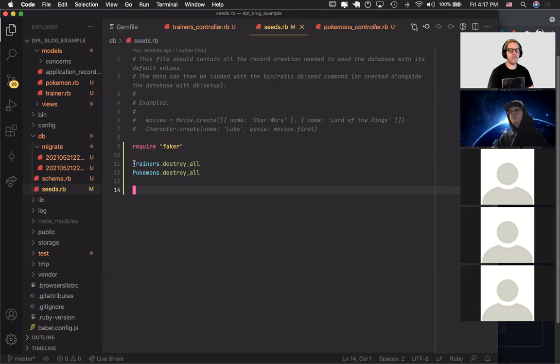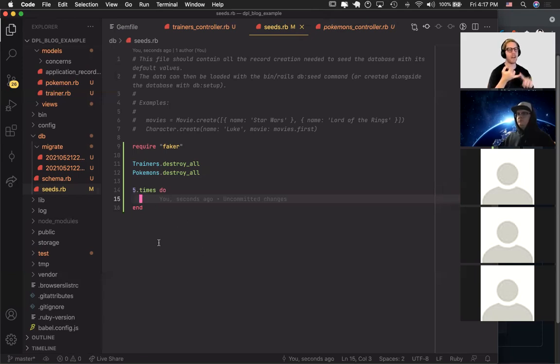Okay, so I want to now work on my trainers. I need to generate some trainers. So let's say I want to have 5 trainers. So I'm going to do 5.times do. And what the .times does in Ruby, it creates a code block that will run whatever code is inside of here this number of times. In this case, it's going to be 5. So in here, I want to run the create trainer code 5 times. But every time it runs, I want to give that trainer a unique random name. That's where Faker is going to come in. So I'm going to do Trainer.create, and then I'm going to do